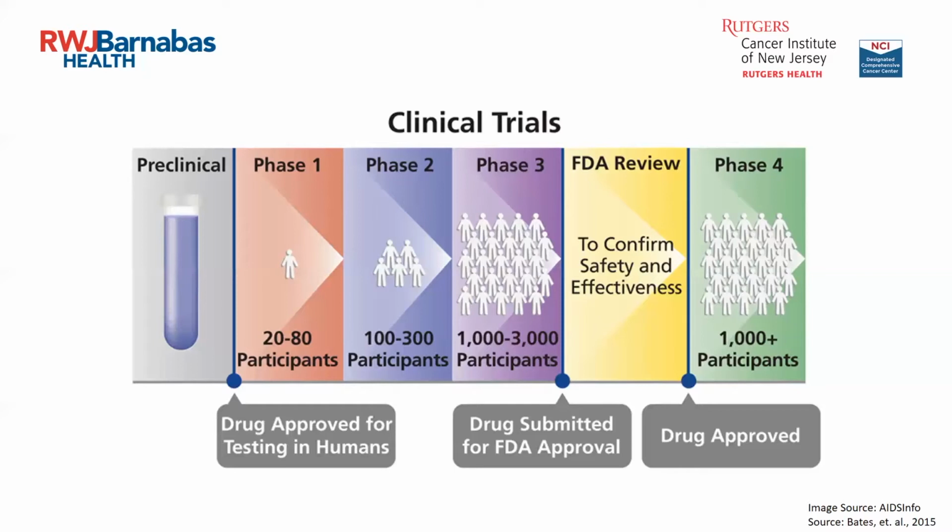Phase four trials are done after a drug is approved by the FDA. They're the branch of the government that approves drugs and makes them available to the public. Researchers track the drug's safety in the general public. They're looking for more information about a drug's benefits and optimal use. This phase studies the side effects caused over time in the general public. So these trials look for side effects that were not seen earlier in trials, and they also look at how well a new treatment works over a longer period of time.